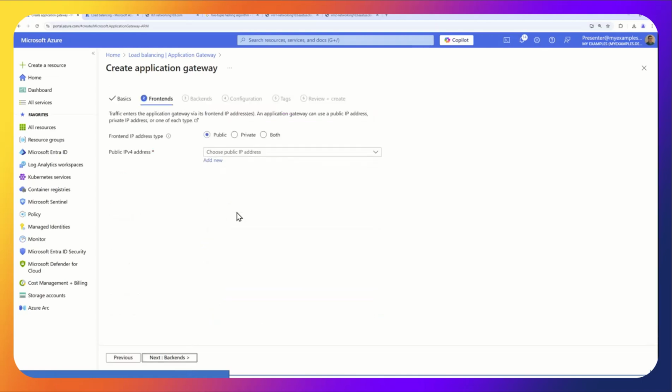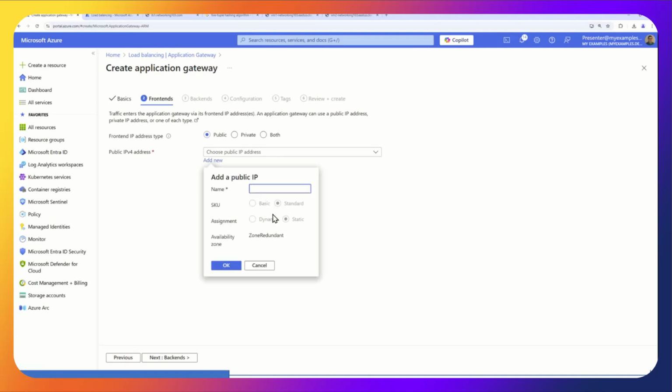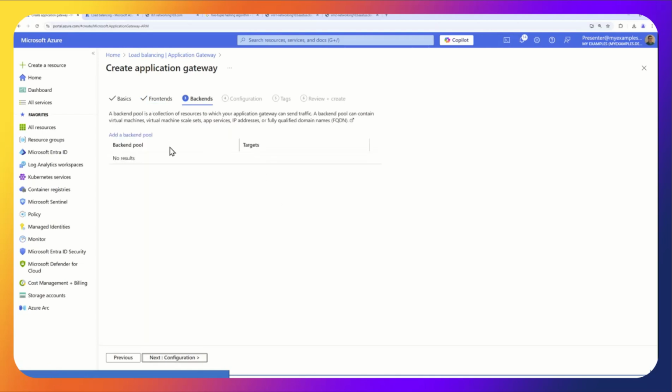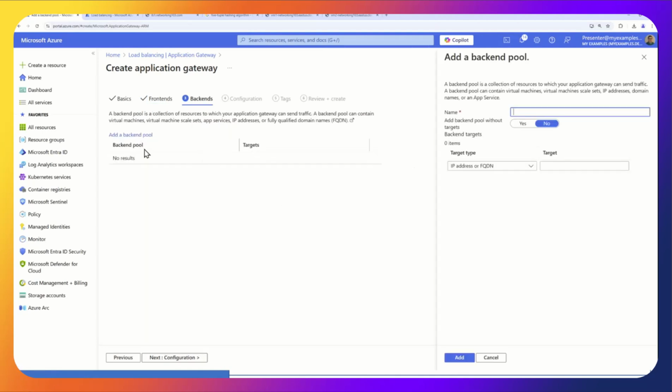Now I'm going to go to front ends. We're going to add a new front end, and we're going to call it app gateway-IP. I'll hit next. Add a backend pool. Now the backend pools are not shared between the load balancer and the application gateway.